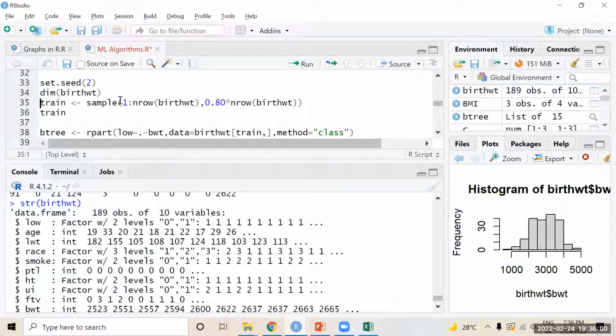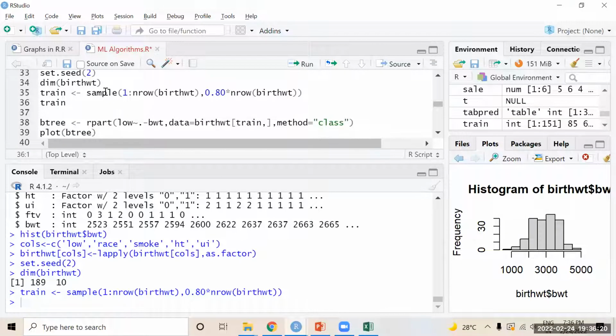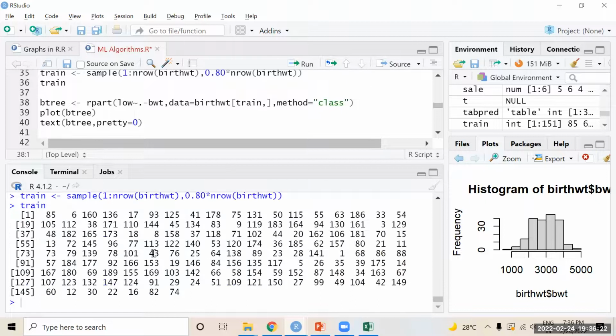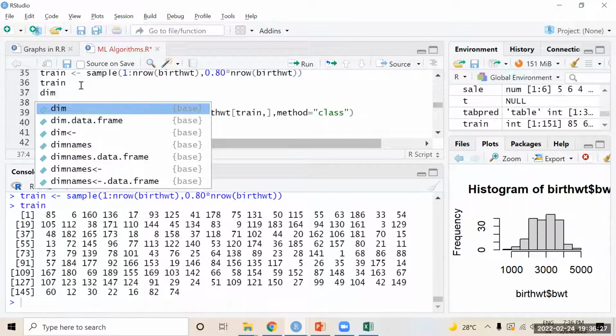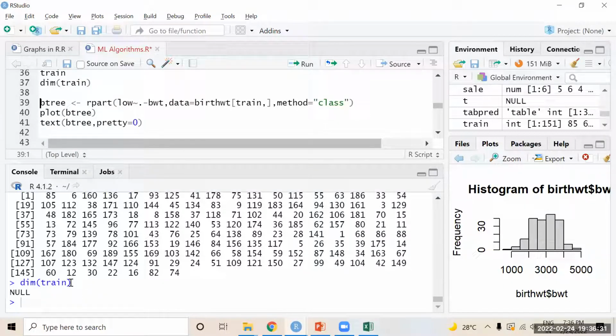Now, I want to create 80% of the samples. 0.80 into what is the nrow value? 189. So 80% of 189 will become the training set. Okay, now I'm creating that. So this will create samples. Now the training set. These are the values. If you want to know the number of samples selected in the train object, you can type like this.